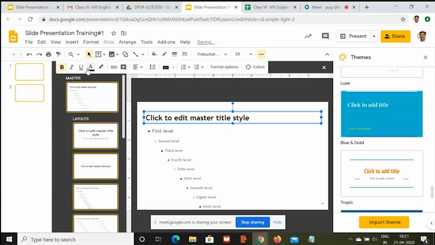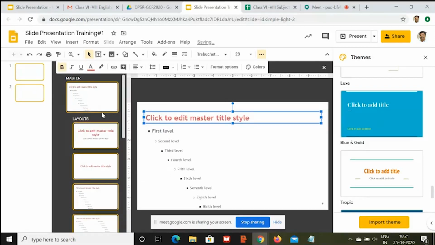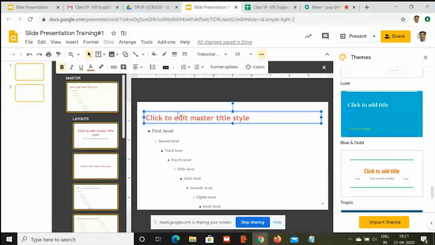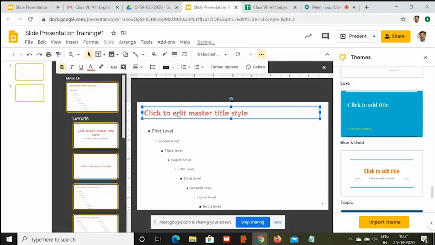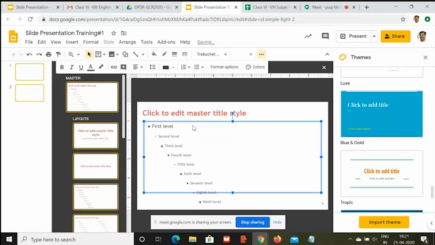Suppose you want heading to be in some different color, let's say maroon color. So let's take maroon color, right? So in all the slides which you will be making, all of them will be having title of the slide with the red color in bold Trebuchet, and the content will be like this. Now, as you see on the top area, there is more space. So we can shift this little bit above so that in all the slides by default, it will take more space. We'll shift this also little bit above.